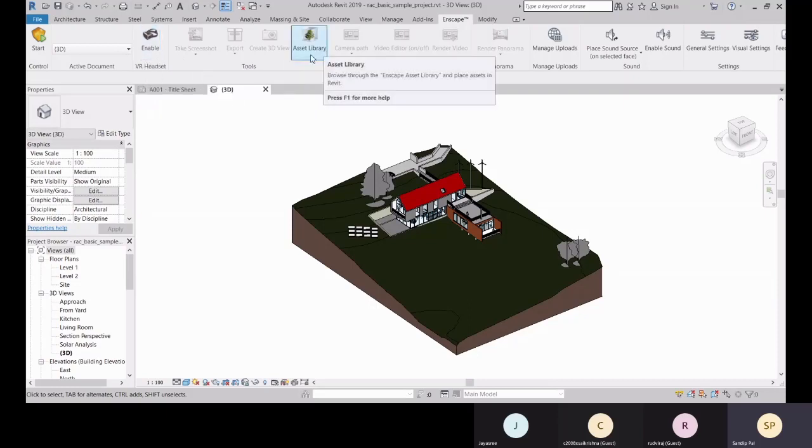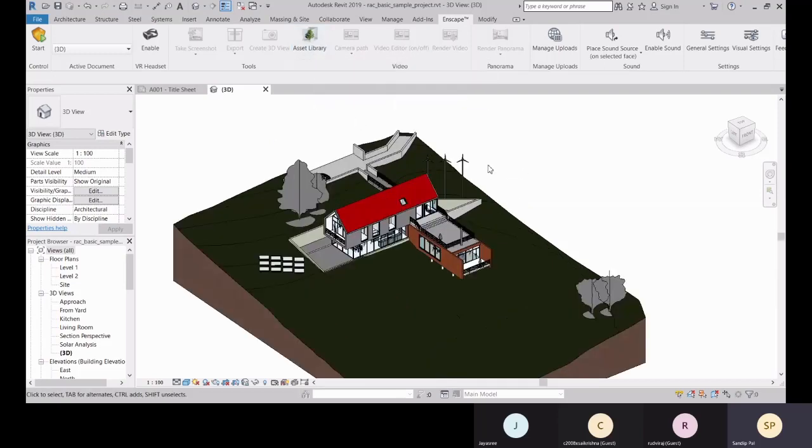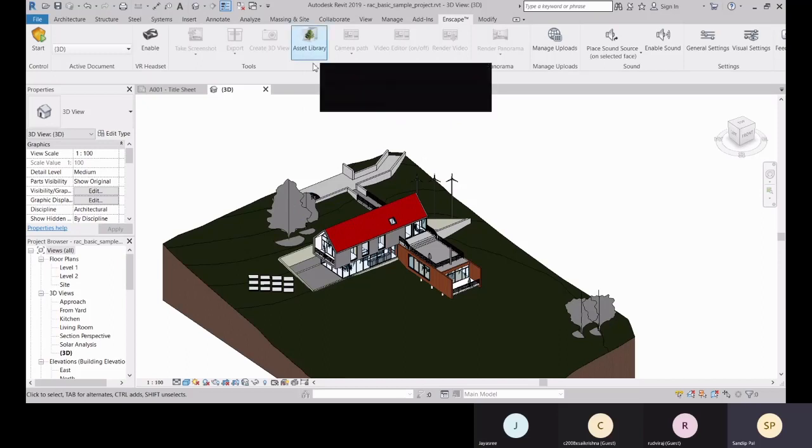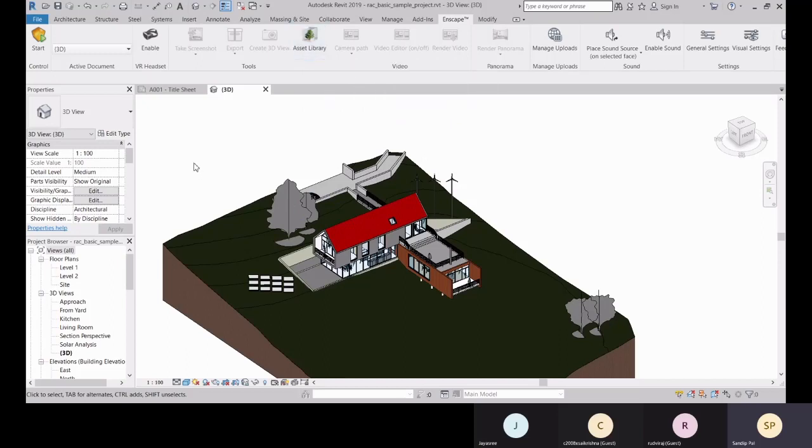And we have this asset library. Enscape has its own assets, so you can access those assets. Those are locked families, or Enscape assets. If you render in Enscape only, you can get the realistic image from those assets.